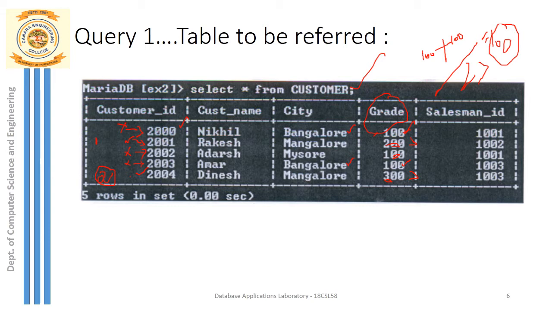Go to the last customer now. Can I consider this person? Compare his grade. It is 300. Yes, it is greater than the average grade, that is 100. So definitely I can consider this customer, and the count is again incremented by 1. This time the count became 2. So what is the final count of customers satisfying the given condition? The total count is 2. This is how you extract the answer for the given query.